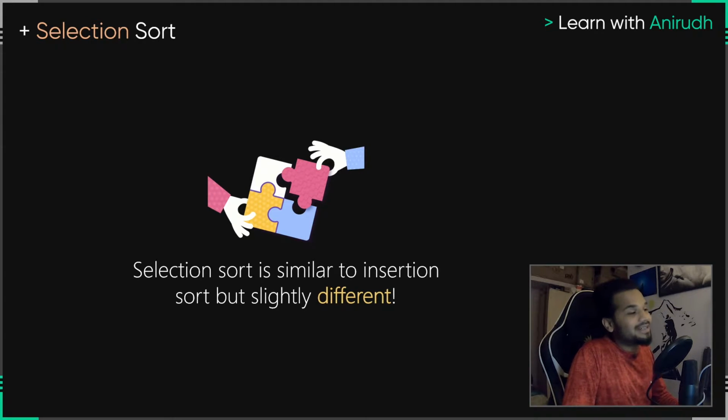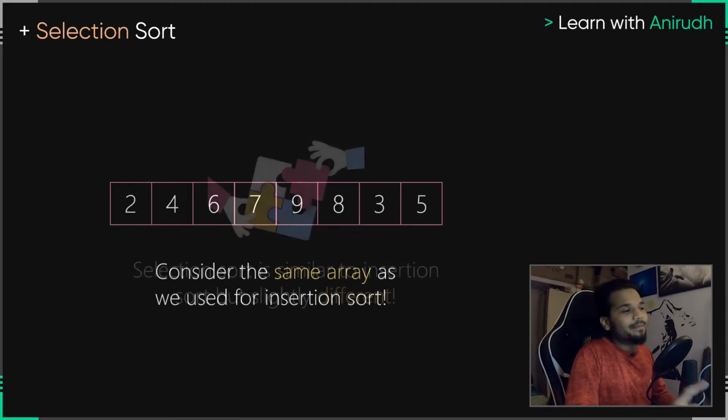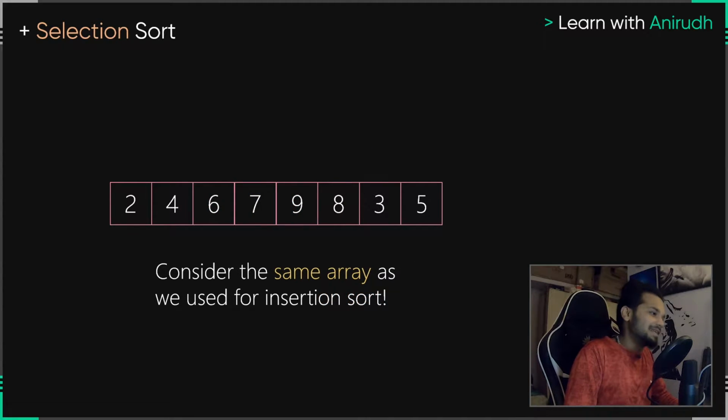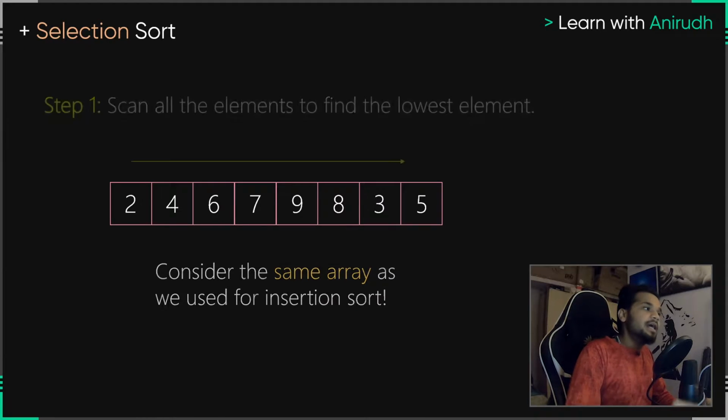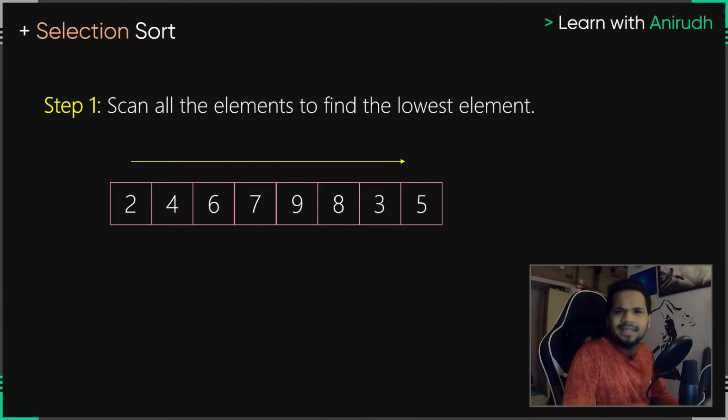But at this moment, you have to understand that selection sort is an algorithm that's called an in-place sorting algorithm. Now, what do I mean by that? It's better explained, of course, with the help of an example. Take a look at this. We are using the same array that we used for insertion sort: 2, 4, 6, 7, 9, 8, 3, 5. If you take a quick second to pause the video, you can manually sort it in less than a second, I am sure. Correct? Now, how do we go about using selection sort to sort this array? In the case of selection sort, things are very simple, things are very straightforward, and they are not as confusing as insertion sort. I'll tell you why.